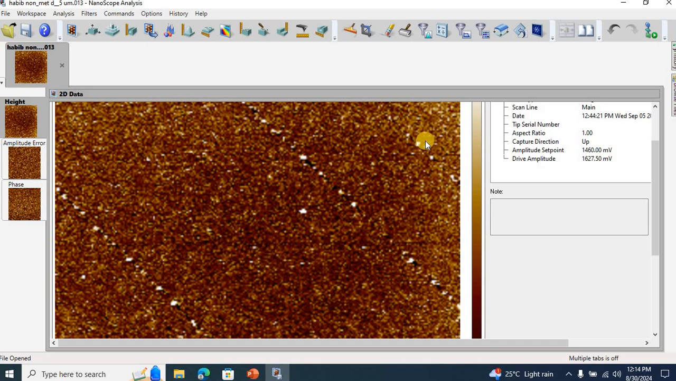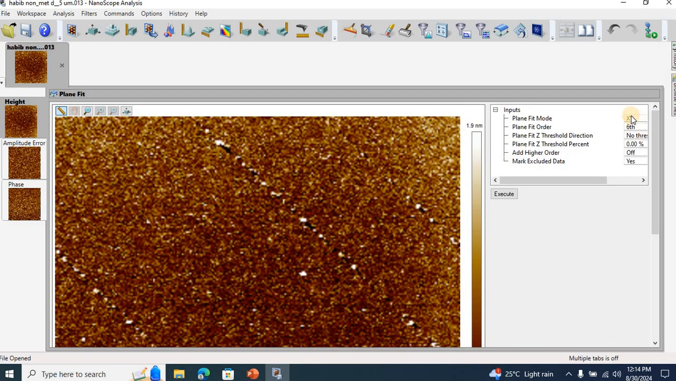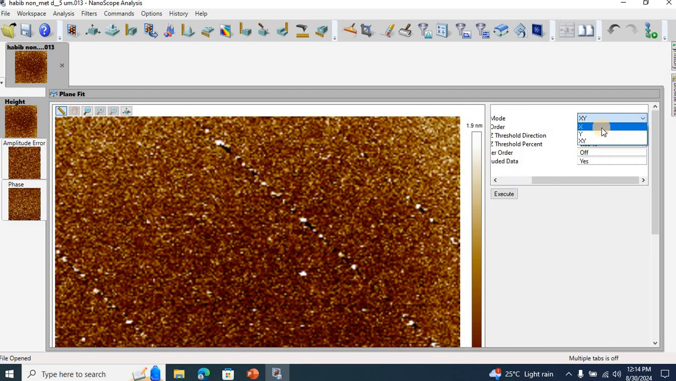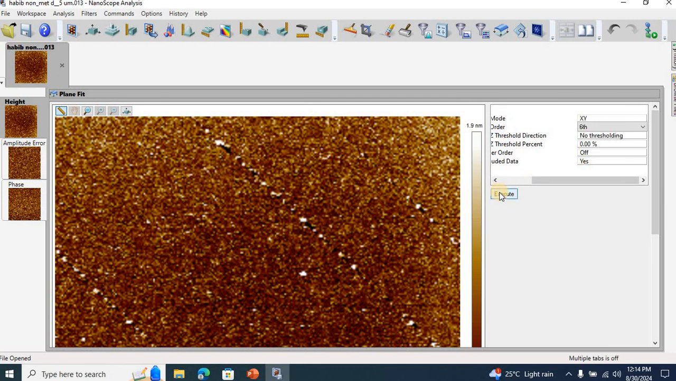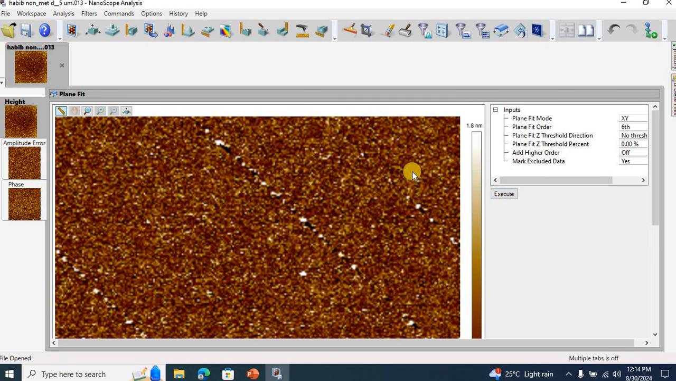So in order to remove the curvature or the tilt on your sample, we either use the plane fit operation, and here we can perform the plane fit in x direction, y direction, or in both x, y. Then we can use different orders, for example 0 to 6th order. And when we click on execute, look at the shine on the sample, and now you see it has